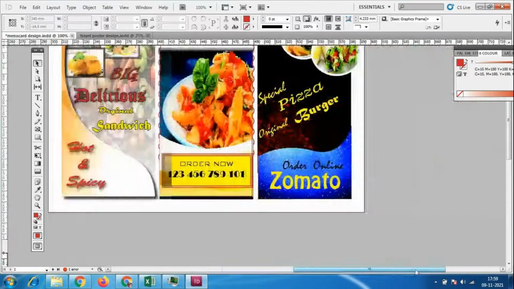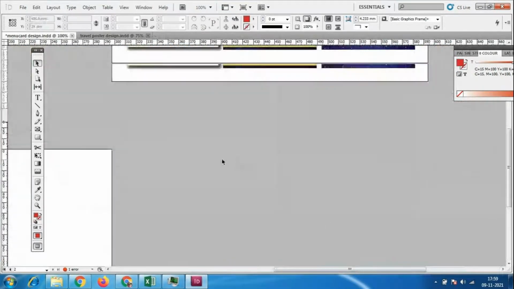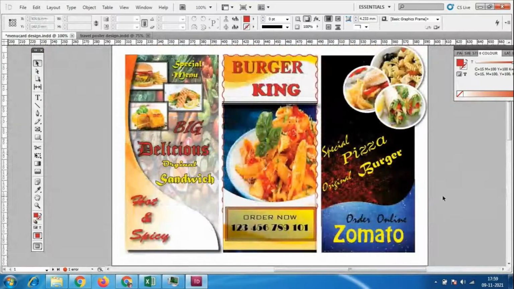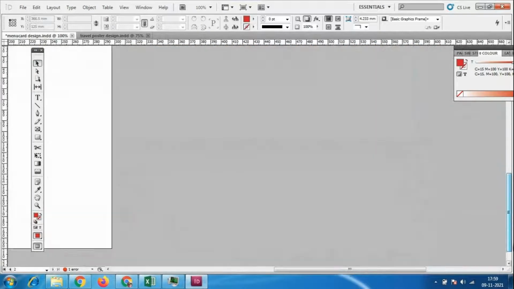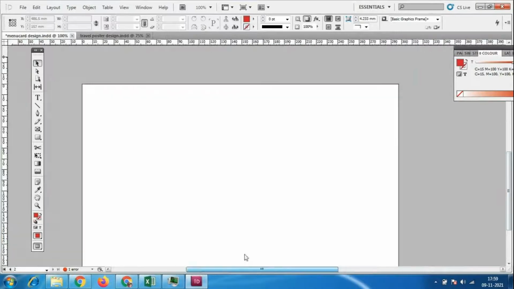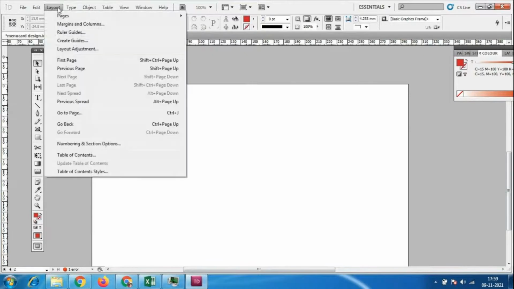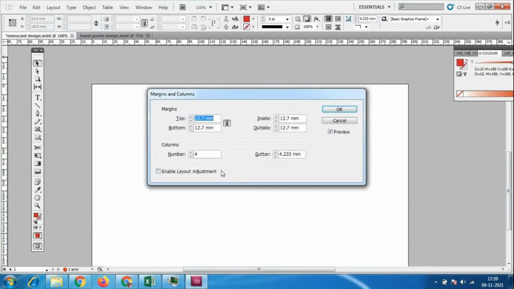So some other page if it is there. Margins.